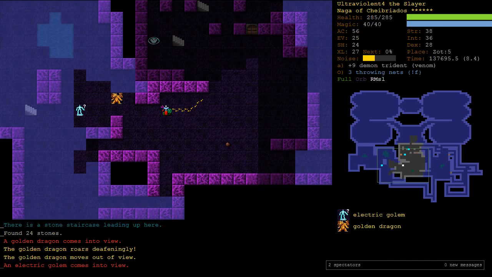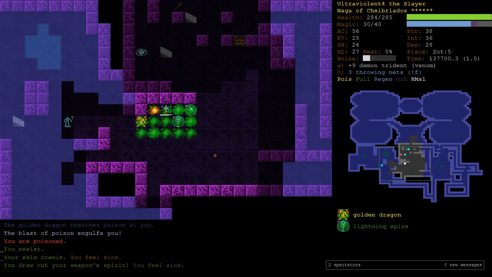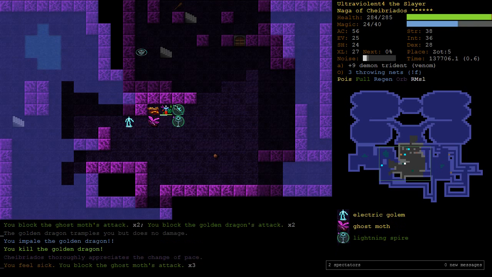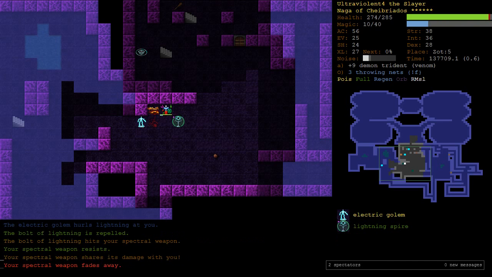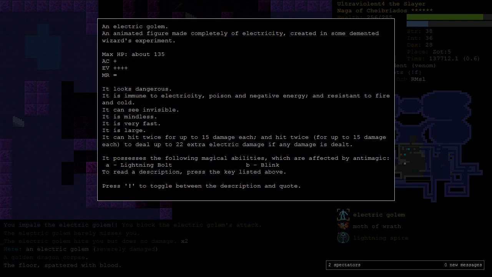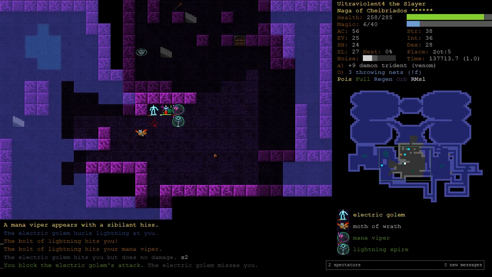Who knows? There's the electric golem. That's the one we're afraid of. We're on a wall, which is bad, because we can get double zapped. Okay, if he's on that side of us, I don't mind. His spells again are abilities, so they can't be silenced. Although they can be anti-magic, so I should be making...